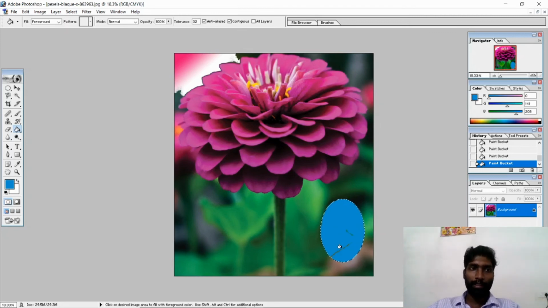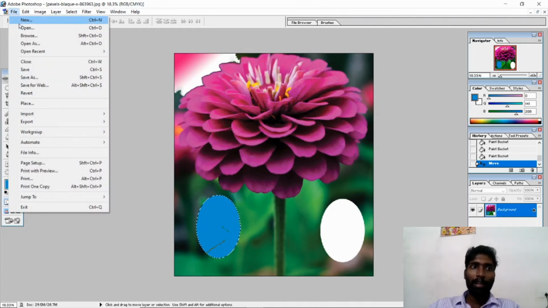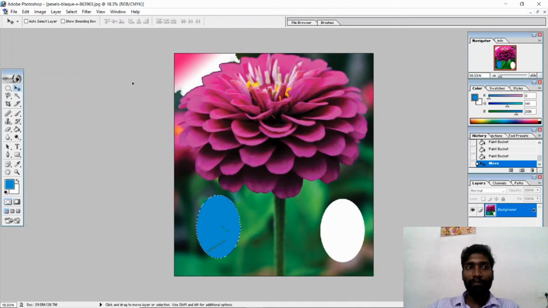So what have we seen? First of all, we saw the components of the window, the components and features of Photoshop. The main things we saw: how to create a new file, how to open an existing file, how to save a file, how to close a file. When we come to the tools, in the tool panel so many tools are there, but when we go step by step, only then you will understand. In one day, learning it all is not possible at all.